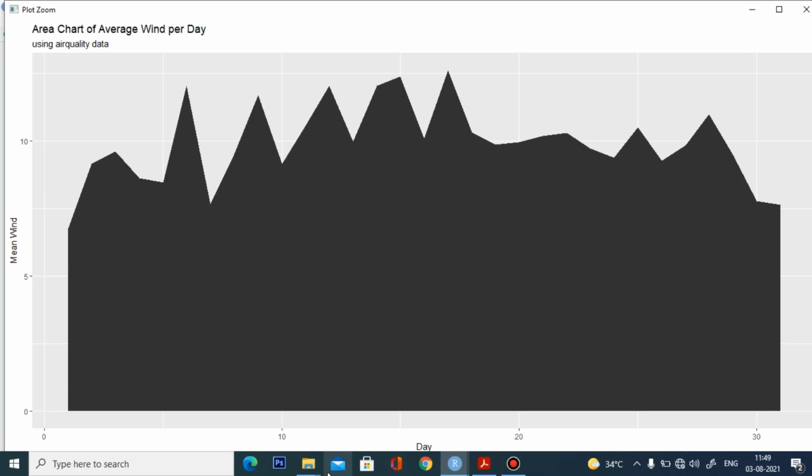Here we can easily see the mean wind is high in the days between 10 to 20. Okay. It is low around day 30, as well as low on the 1st and 2nd days. Okay. So the area chart will show the continuity of the data between the different variables and it also gives the trends over the time period. We can easily analyze the trends over the time period.